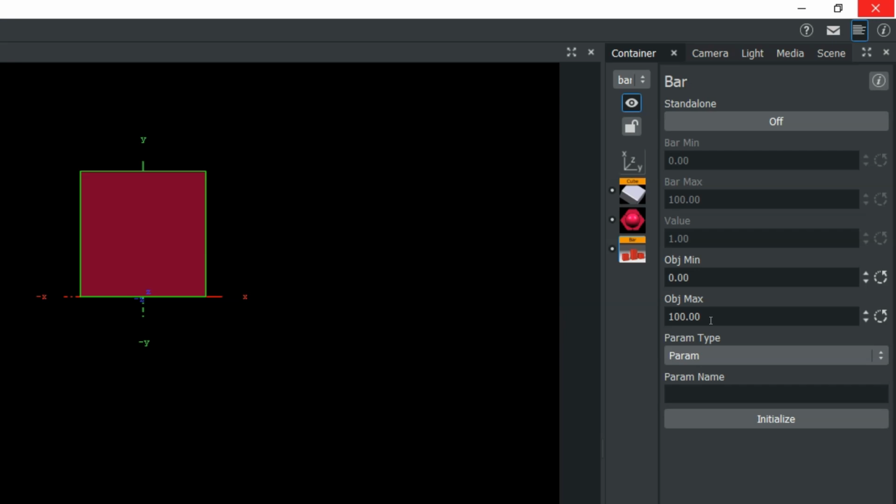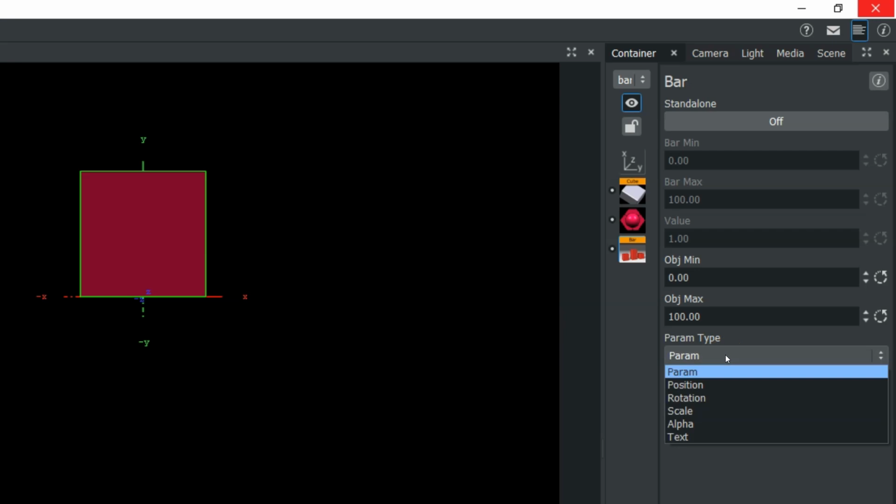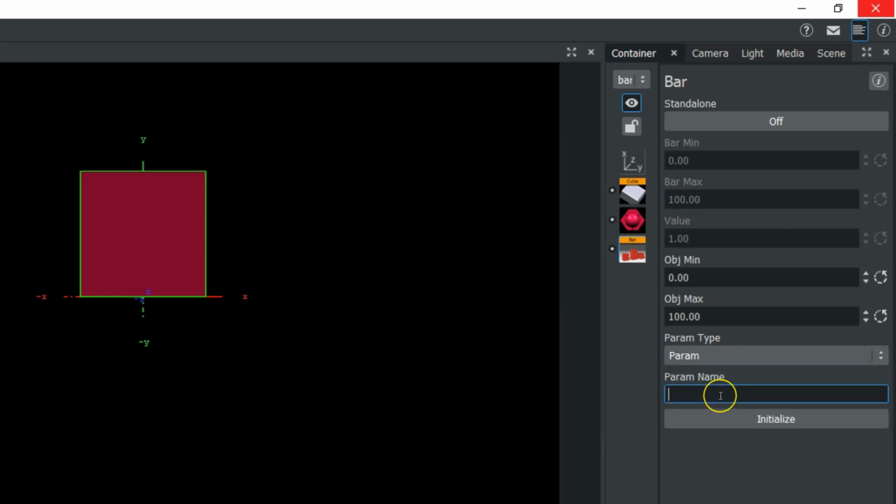The next point, the most important of this setting, is the parameter type, and you can see we have a couple of options here. We have a parameter, a position, a rotation, a scale, an alpha, and a text. So depending on what you want to do with these presenter plugins, you can use one of these options. In our case, since we do want this to grow in Y, or grow up and down, we're going to use a parameter. So we're going to come down to parameter name and we're going to type in size